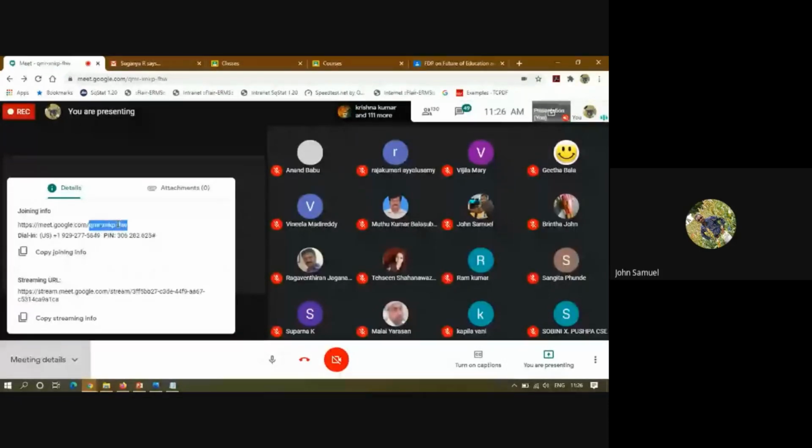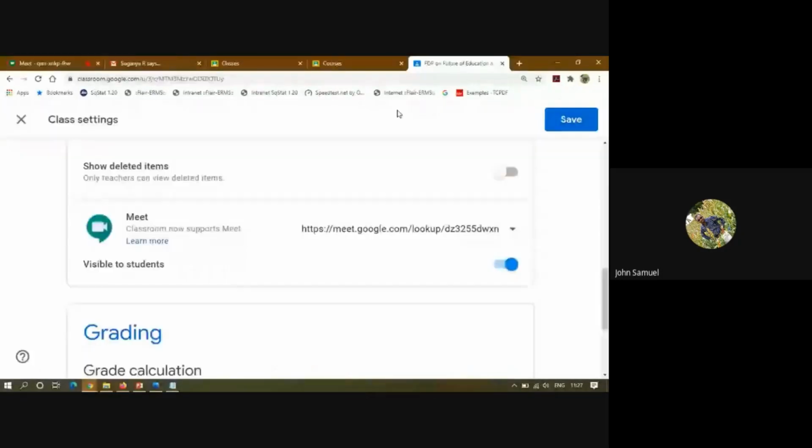QMR hyphen XNKP hyphen FHW. Likewise, the Google Meet code will be there. But if you are in a G Suite account's Google Classroom, you see this link is entirely valid. So meet.google.com, and here one more additional menu is added, like lookup, and here also it will be entirely different from the Google Meet code.